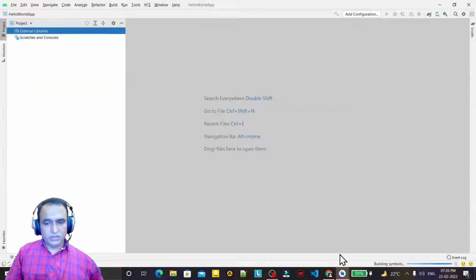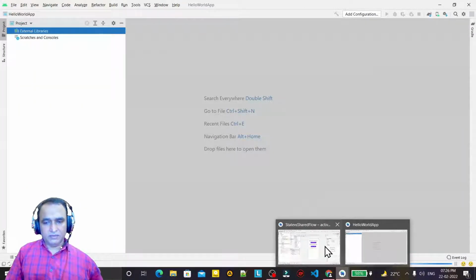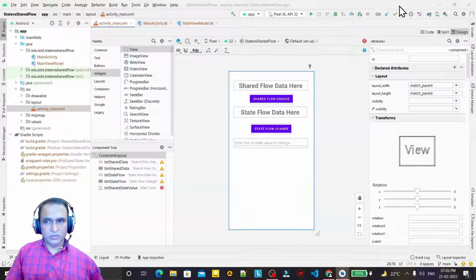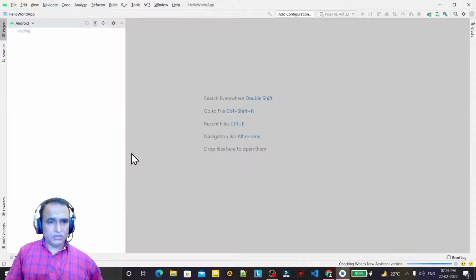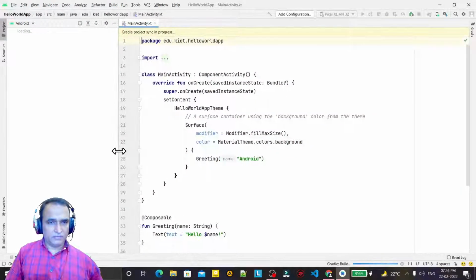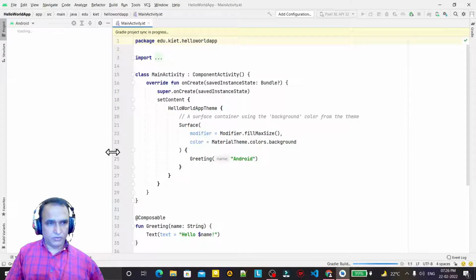So if you do this, and you will see that I close this previous one, no need of this now. So if you do this, you check this, we have here only one file, MainActivity.kt. It will take a little bit of time because it will download some data from the internet also. It will build some resources with Gradle.